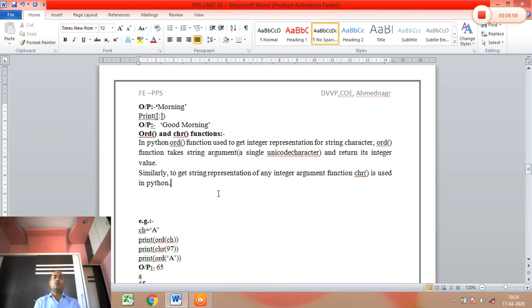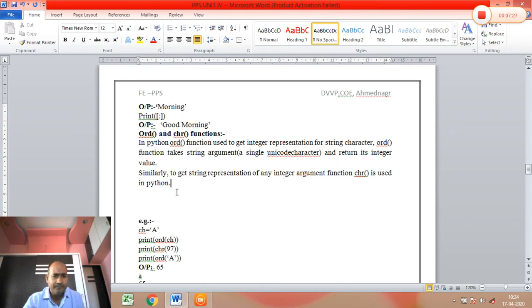That means ord is used to produce the digit number of each and every character. In Unicode, each character has its own number: capital A has one, small a has another, capital E has another.